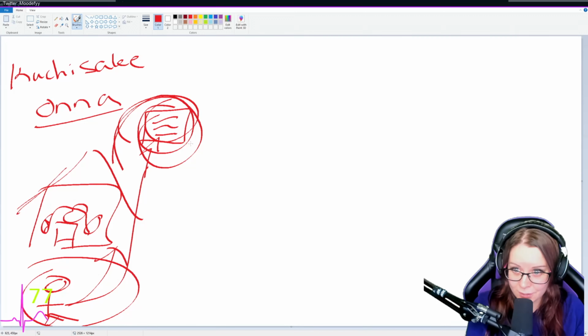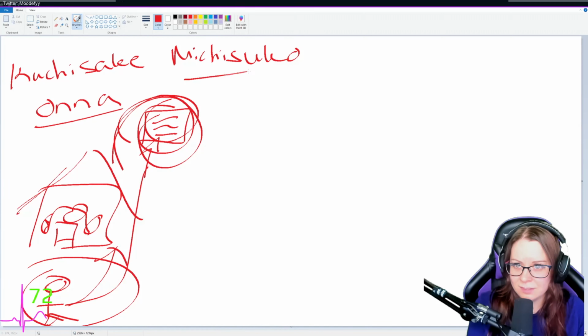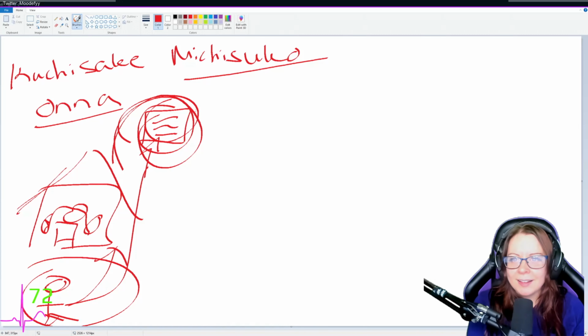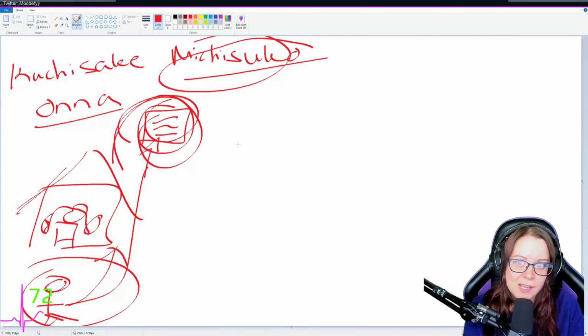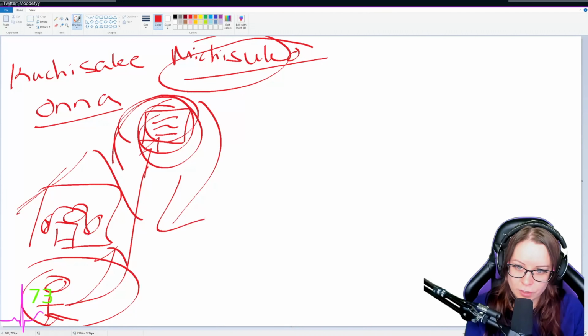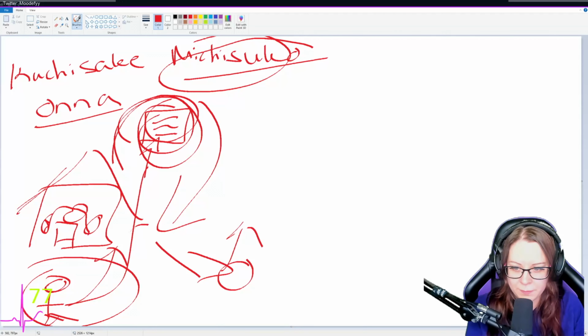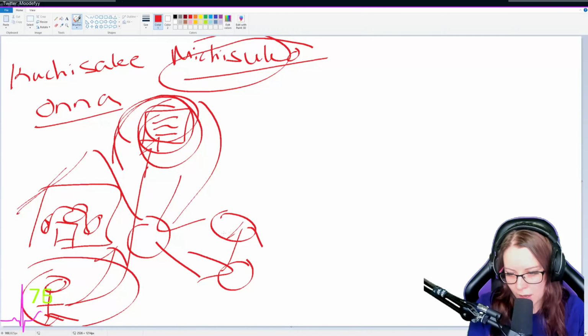Anyway, so you find these notes, you find out what happened. So we have Michisuko, I think their name was. I think it was Michisuko, something like that. Basically, there are two people in this story, and you find out what happened with this person and the other person, who are trying to do a ritual to become immortal. You figure this out quite early in the game. So when you start to move forward into some of these rooms, you find these notes everywhere.